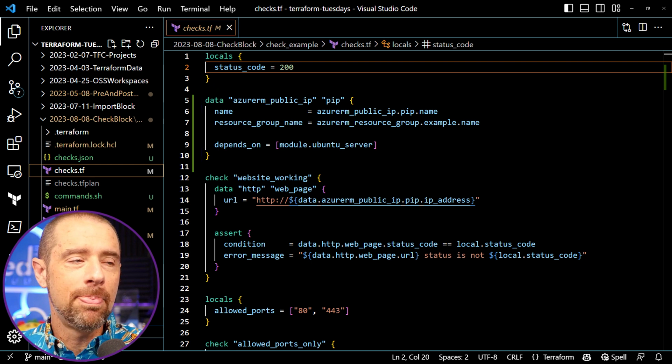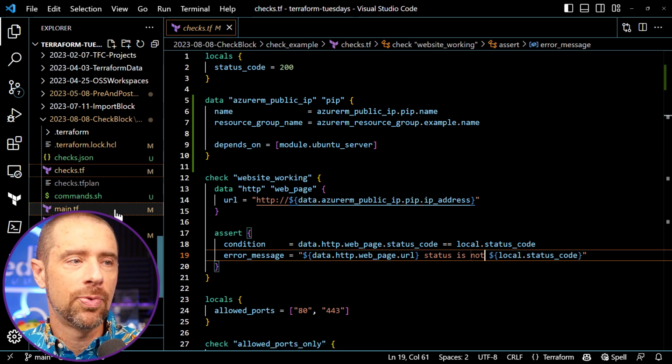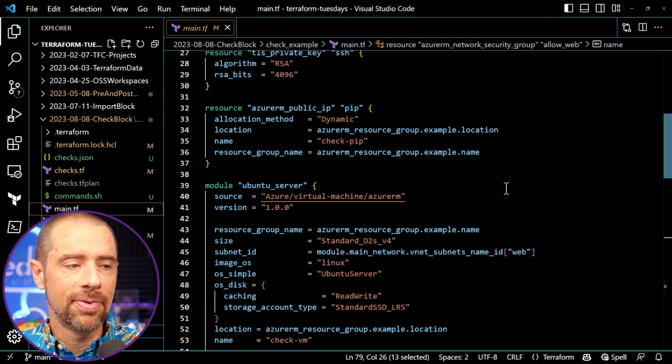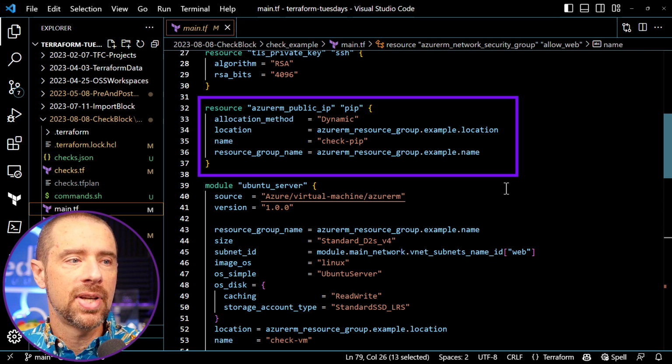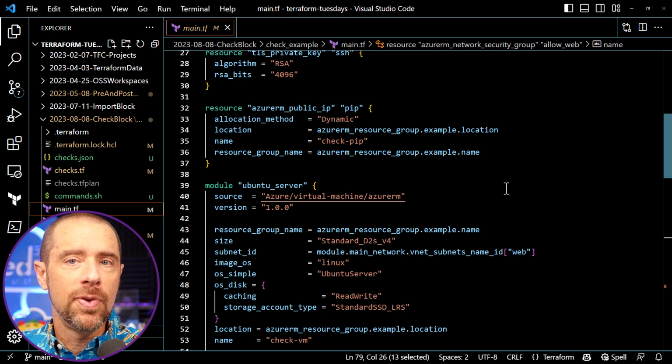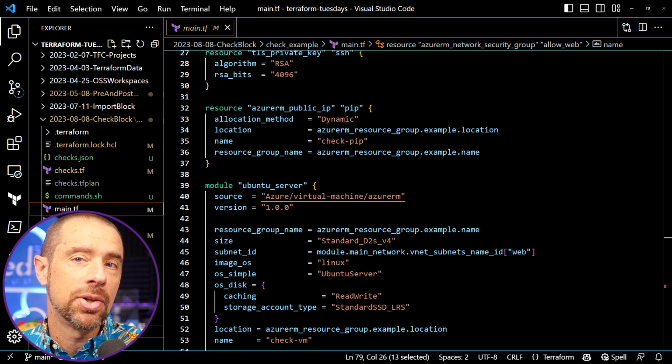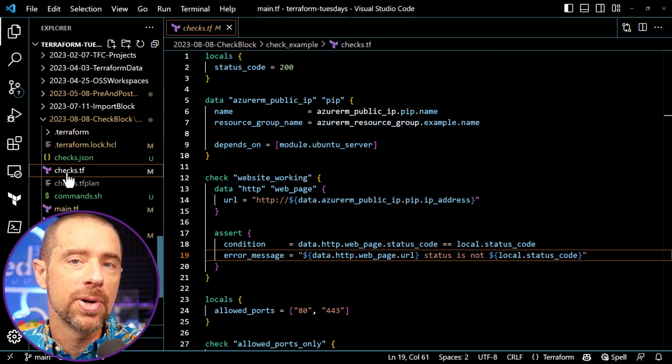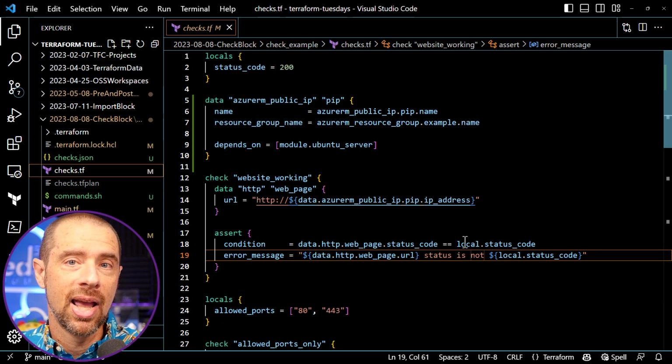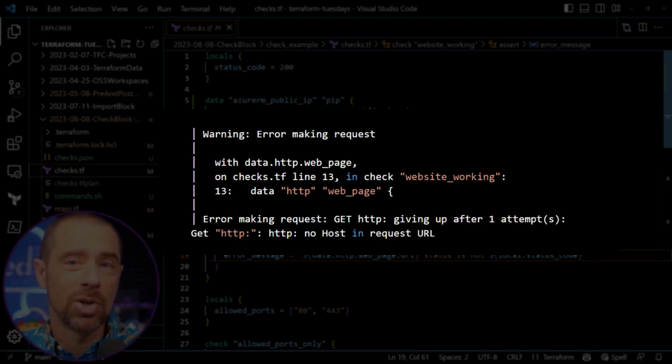The public IP address type that we're using, if we look over in the main.tf file, is of type dynamic, which means it doesn't have an actual IP address until it's assigned to a network interface. If you try to directly reference the public IP address resource, you'll probably get a null value for the public IP address the first time you create the resources, and you'll get an error like I'm showing on the screen